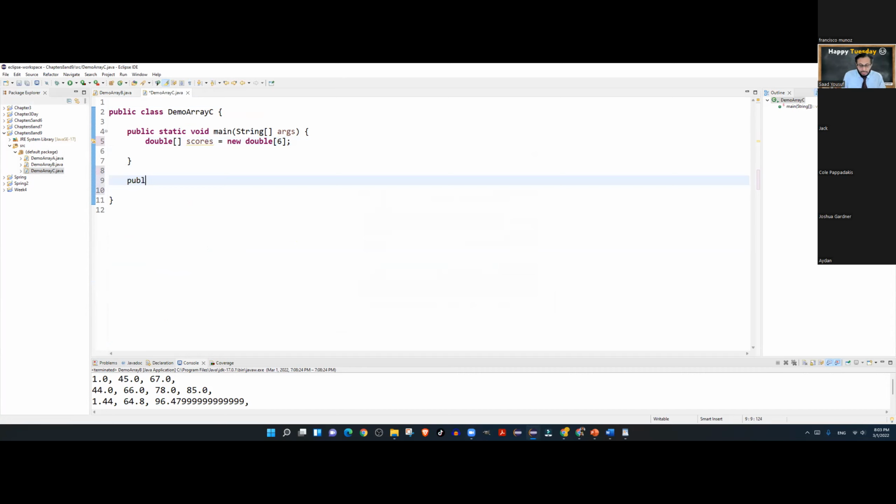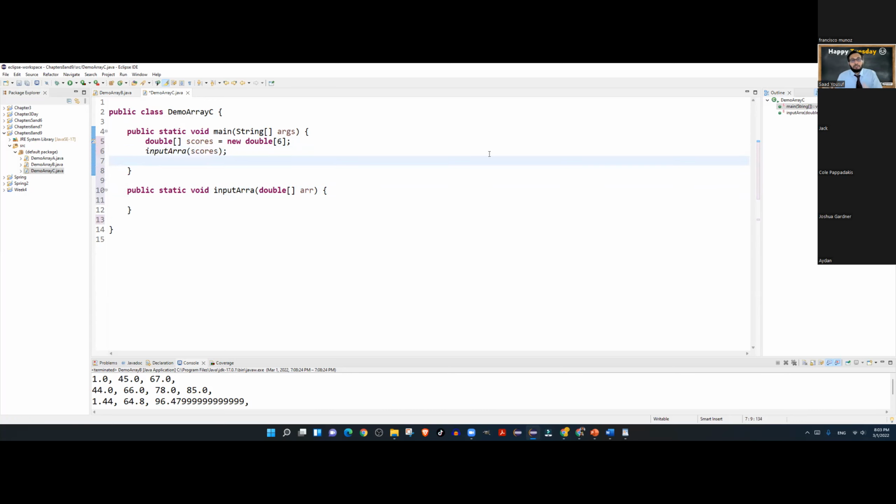So I could actually create a method called, for example, input ARR, where I can accept the entire array. Remember, we can accept a value in an array. And when we pass an array into a method, it's passed by reference. So I can call input array method, and I can pass the scores. Scores goes into ARR. Whatever values ARR has, exactly the same values scores will have.